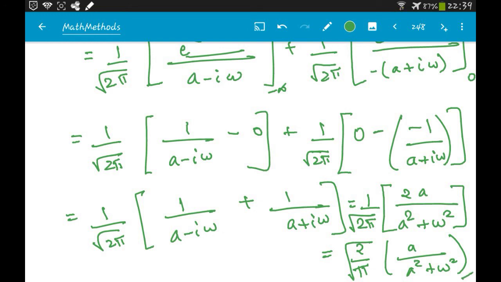So now you see that this function is your F(ω). This function is a function of ω alone, and this is a continuous function. There is no discrete frequency here. It's in terms of a frequency variable which is ω. So that is why the Fourier transform is a continuous function of frequency.